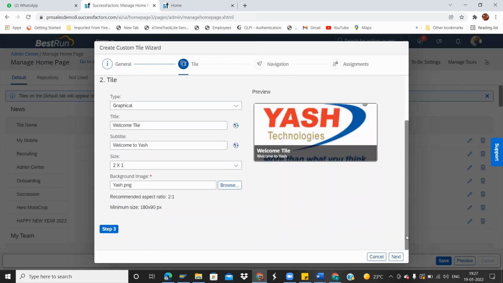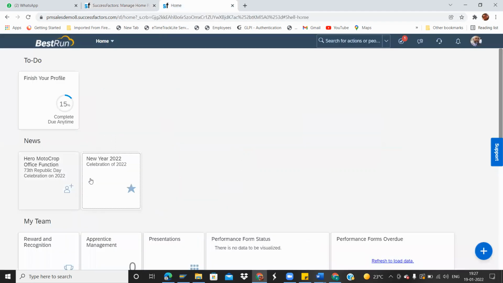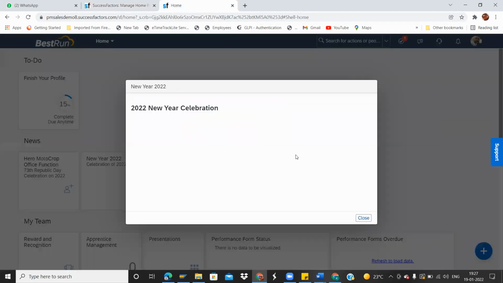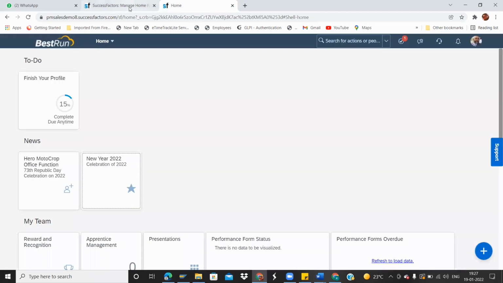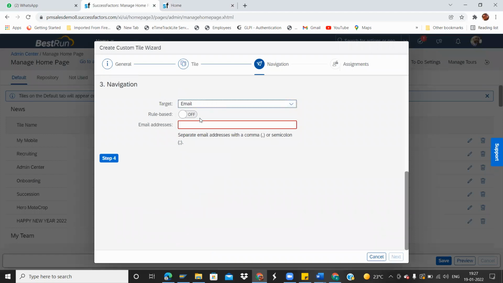for example. So now after this, let me proceed ahead with step 3. Step 3 means this is important. Pop over means a window will be popping over. When you click on the tile, this is nothing but popover. This is the window is popping over. But if you select email, then email will be getting reflected. Email address will be opening. If you select